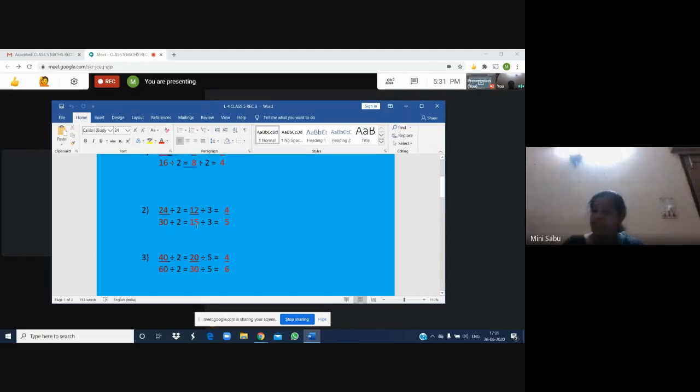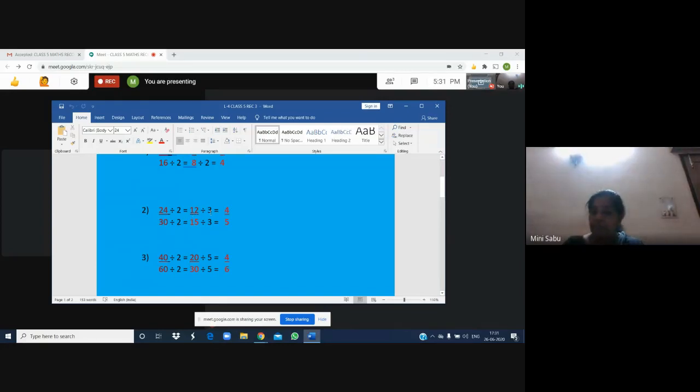12 and 15, you see, 12 is coming in the table of 2. But is 15 coming in the table of 2? No. So we cannot take 2 again. So let us try 3. Is 12 coming in the table of 3? You know, 3 4s are 12, 3 5s are 15. So 12 and 15 both are coming in the table of 3. So you can divide by 3.